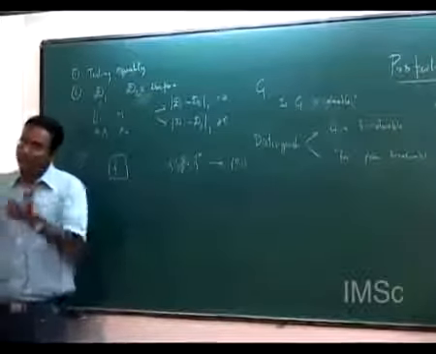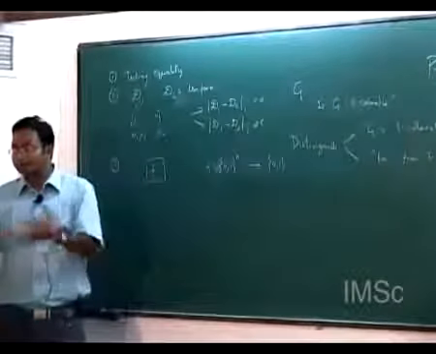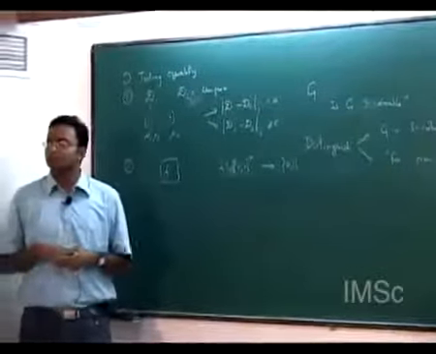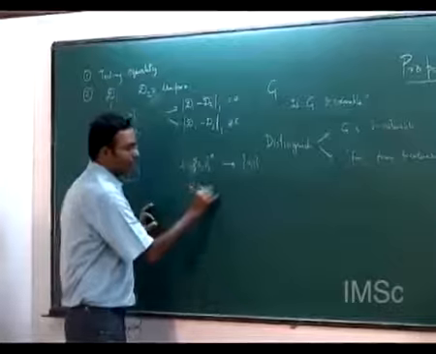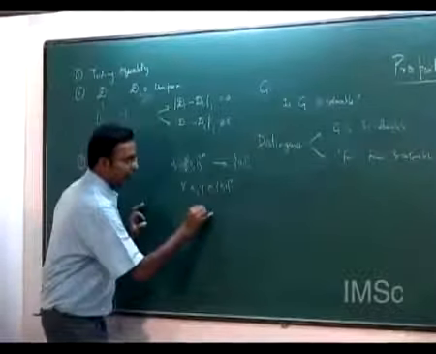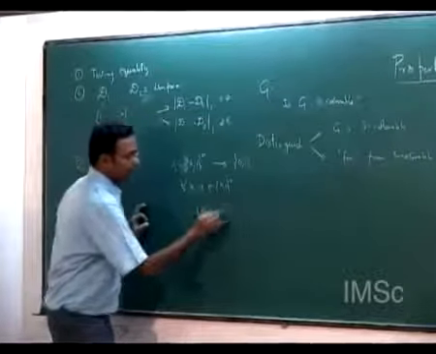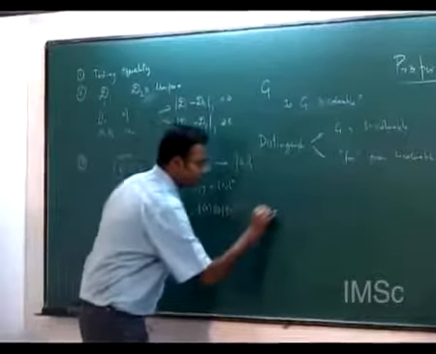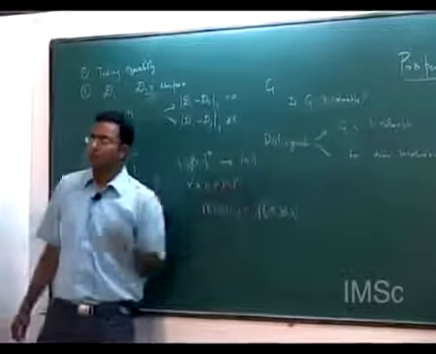And the person who has given it to me claims to have given me a linear function. Now what is the linear function? He claims that for all x and y in {0,1}^n, if I take f of x plus f of y, where plus is the XOR bit, this should be equal to f of x XOR y, where XOR is the bitwise XOR.